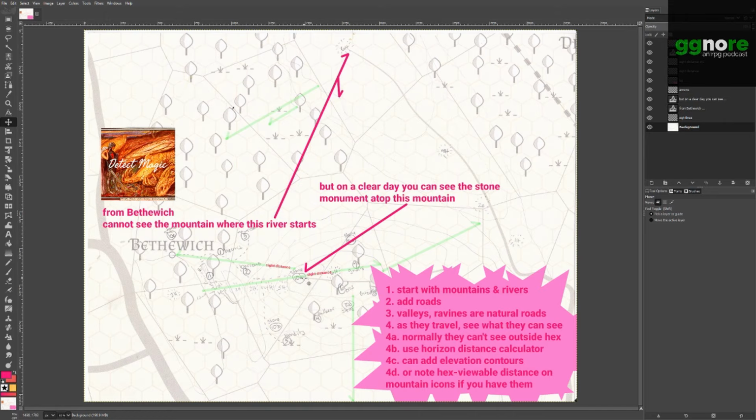And then once they get up here, they can probably see these other landforms down below them. Since they're so high up, it's easy to see all these keyed areas that are down below them. Like they can see into the marshes and probably see this castle down here. I don't see any reason why they couldn't, as long as the weather conditions are clear. So you need to make sure you have a weather system that correlates with this, or at least randomly determine it whenever it becomes relevant.